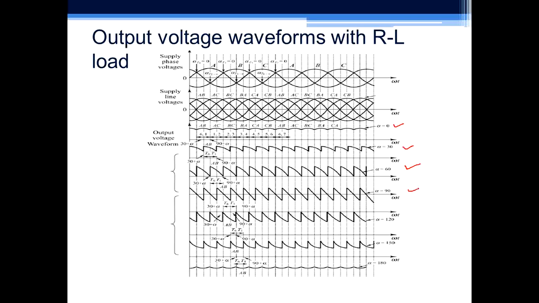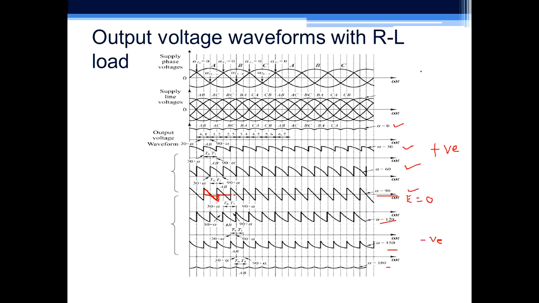For alpha equals 90, you can see that we have this positive voltage and negative voltage. So the average output voltage of this will be 0, because if you find the average of this, it comes as 0. So here average output voltage will be 0 for alpha equals 90 degrees. It will be positive for alpha less than 90, and for alpha more than 90, that is 120, 150 and 180, average output voltage is